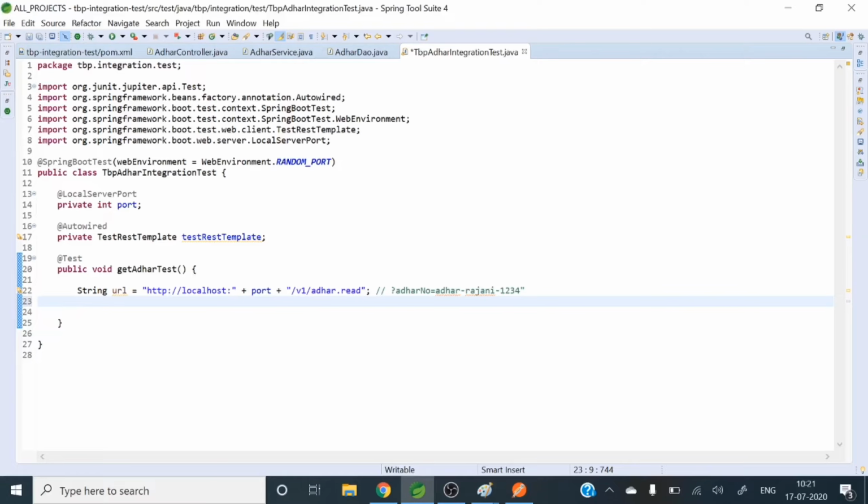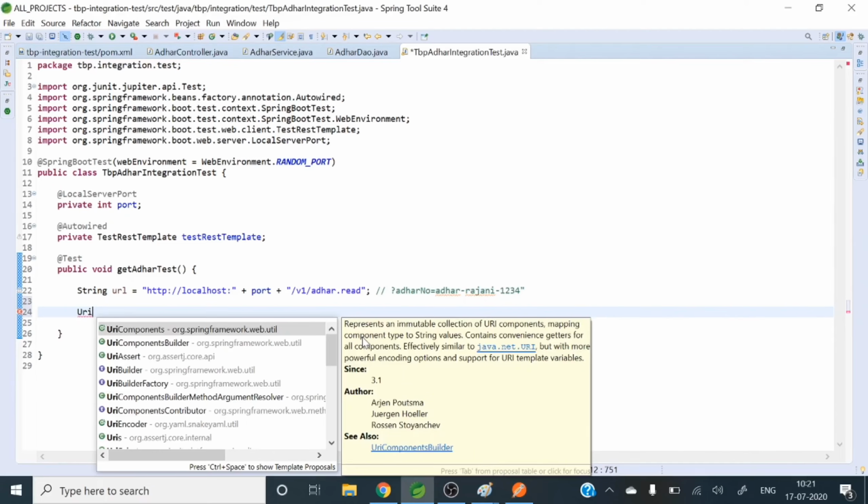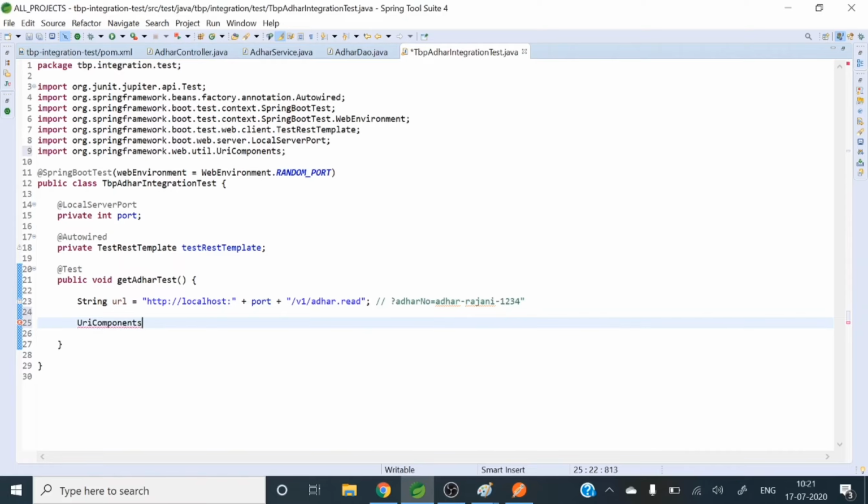we need to send this query param, right? So for that we need to use UriComponents to build that entire thing. UriComponents, it's a web util, in that package it's there. UriComponentsBuilder